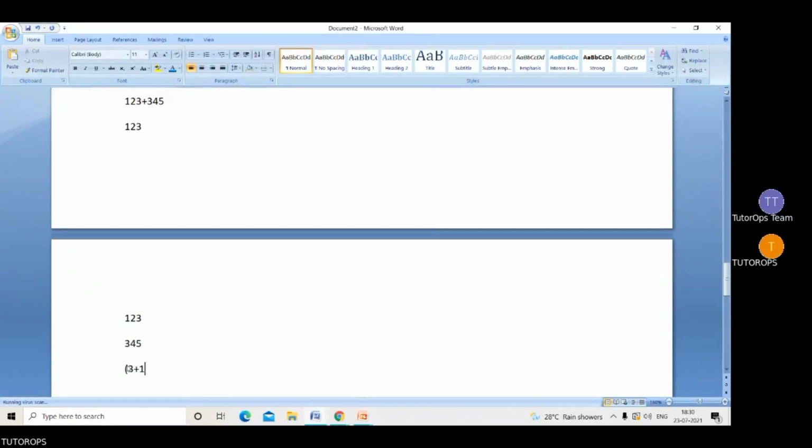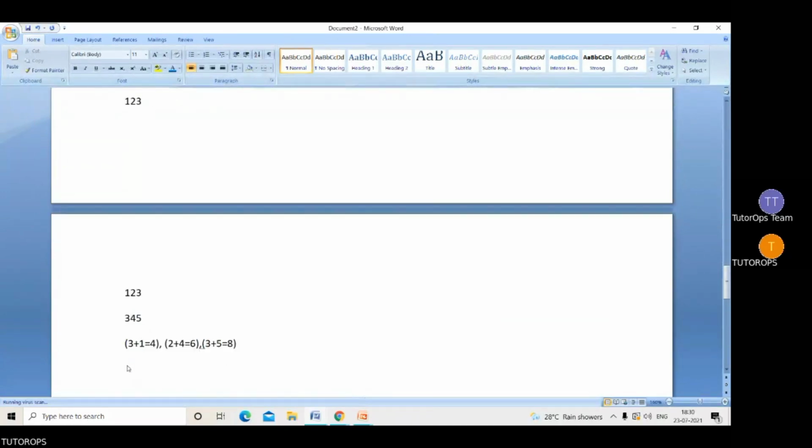3 plus 1 will be 4. Then 2 plus 4. 2 plus 4 will result in 6. And then 3 plus 5 will result in 8. So the number will be from left to right 4, 6 and 8, which is basically the sum of the